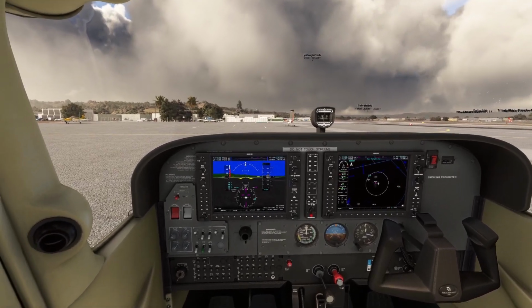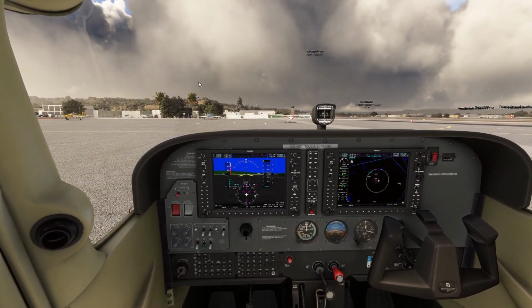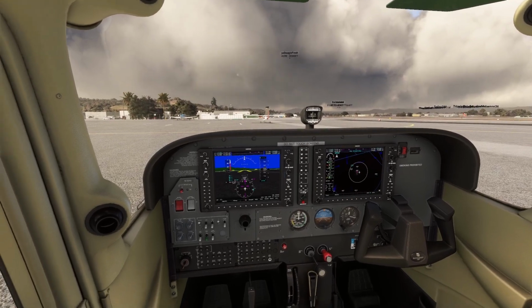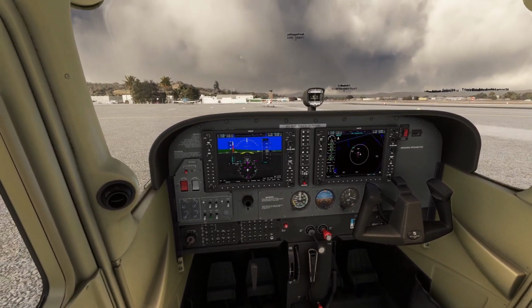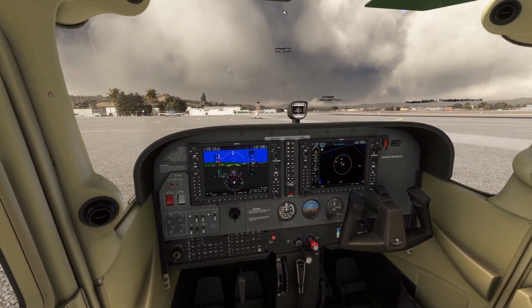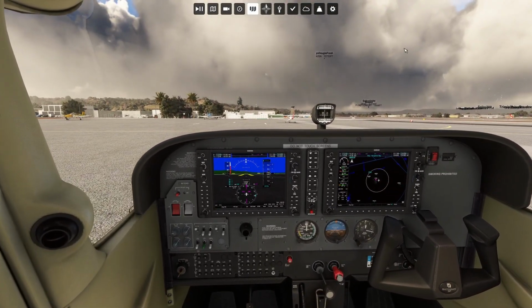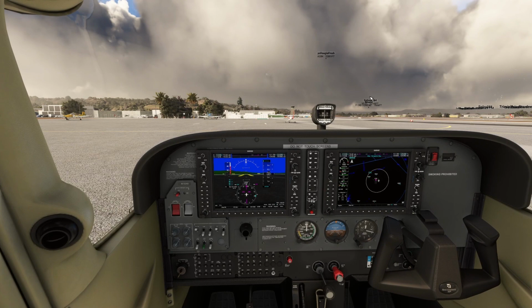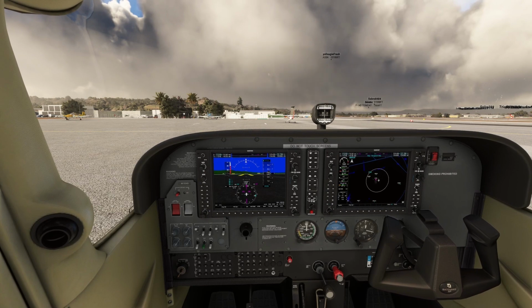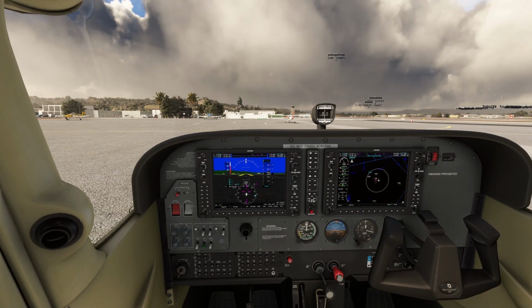Straighten up my screen here a little bit and then put that OBI tracker back on. And so I need to call up the ASUS next. And the ASUS 45 enter. Point 1 advise on initial contact you have information Tango. Gillespie Field Information Tango